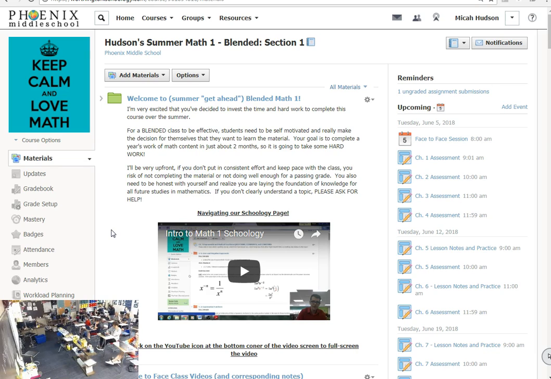So real quick, because I just had the question, let's talk paper materials and how you access those. Everything is available on Schoology. You can print at home. Chromebooks don't print here, but the desktops out in the lab do. Or back here in this file cabinet, most things are already printed for you, but as we are starting a